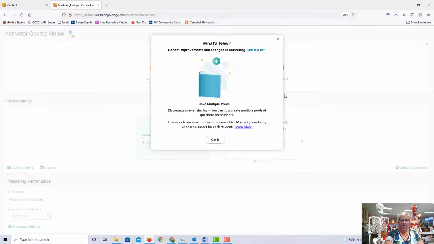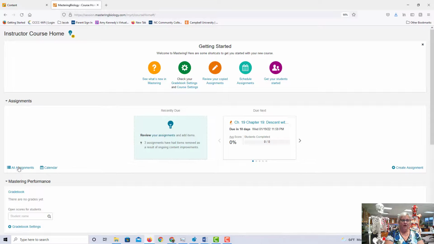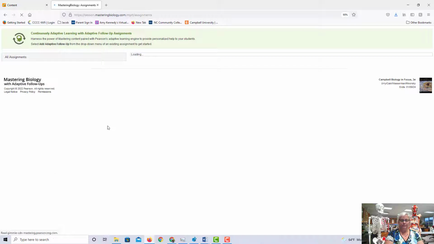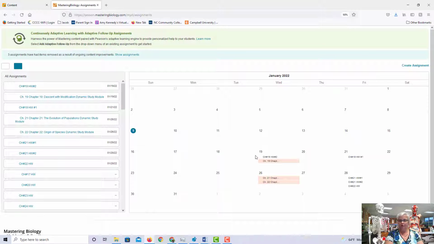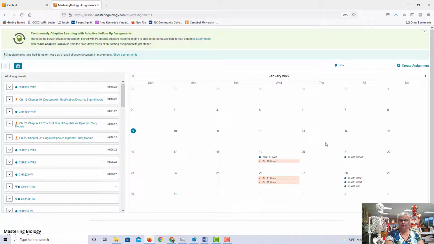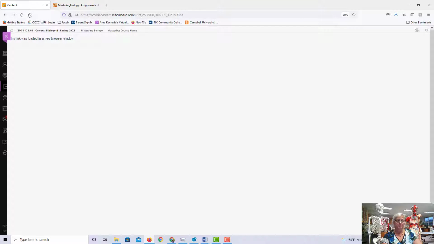And you can look at all assignments either in a list view or in a calendar view. And here you can see the homework that is due in Mastering. These orange guys are your dynamic study modules, and they have to be done by the due date or they will be a 0. The homework can be handed in late, but it will be a 1% per day penalty, up to a 25% penalty.